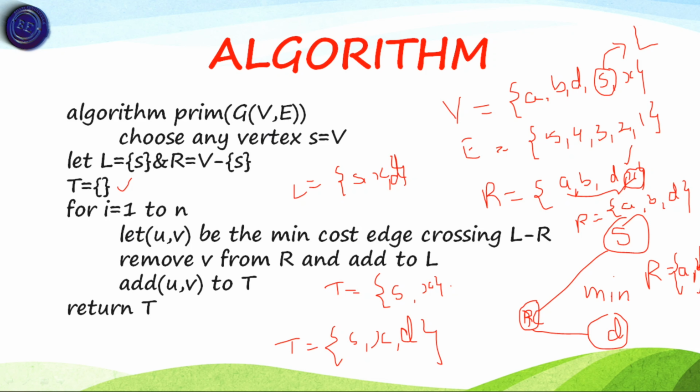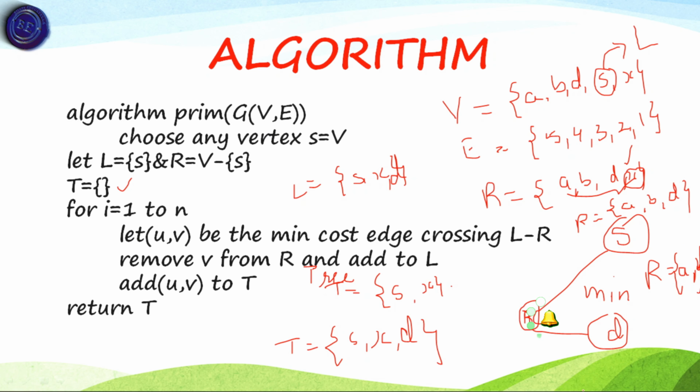T is a set which shows the minimum spanning tree. So T is actually the tree. Okay, I think you understood it. So after putting T, again it will go to X as the random vertex, and we are going to select the vertex which has the minimum edge. So we are selecting D, which has the minimum edge value. So again D is put into the L set and the T set.